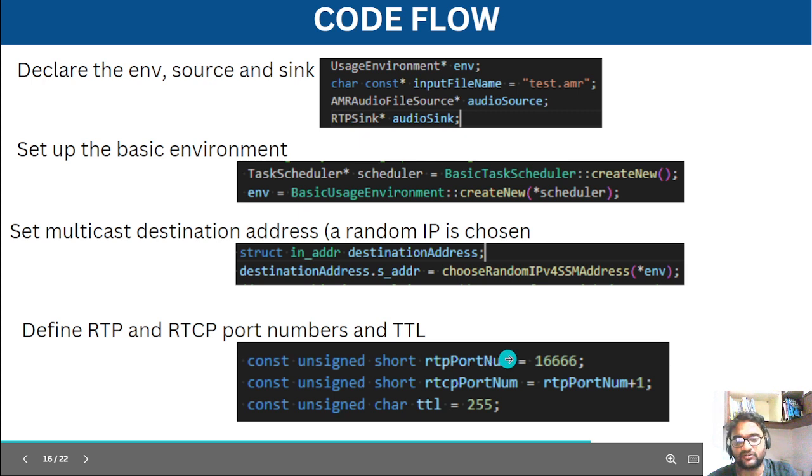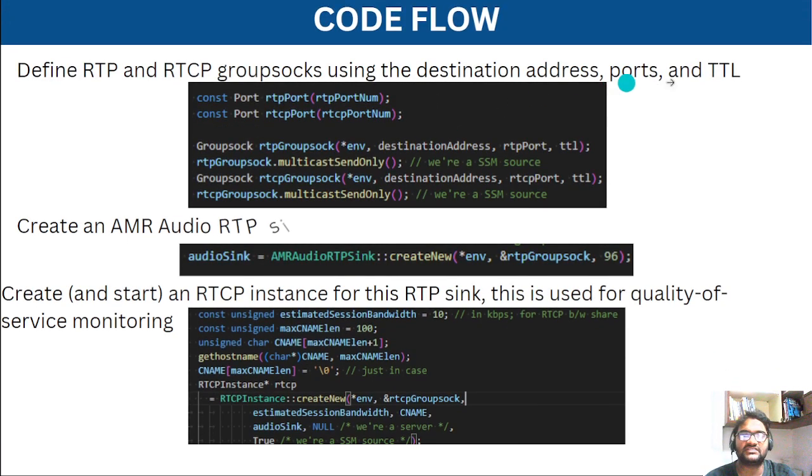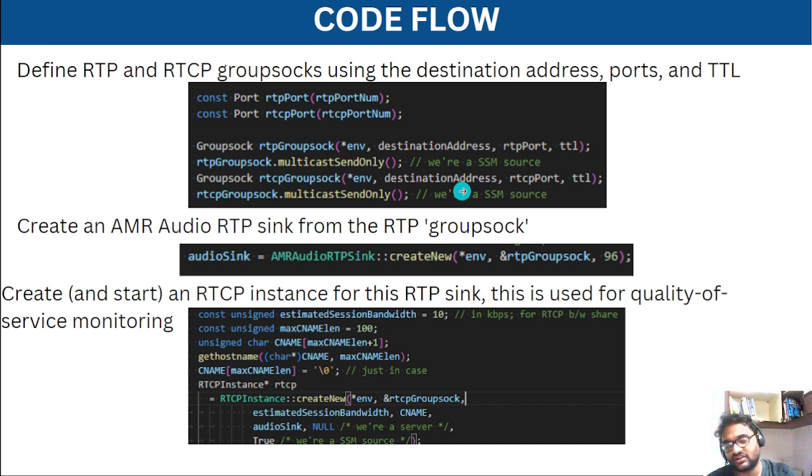This is the RTP port numbers, this is the RTCP port numbers, and this is the TTL port number. These port numbers and other things are used by these group sockets, and then finally we created sockets. So whenever the streaming starts, it listens on a particular port number, and whenever a request happens from the client, the data transfer starts from the server to the client with the help